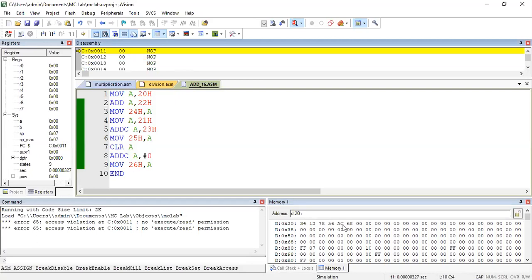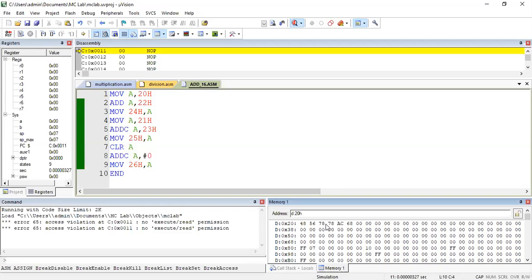Suppose we take some numbers which would generate a carry. Since the result is only 68AC, there is no carry. So if I take a larger number, 48, 78, and here it should be large. Now it would generate a carry, right? So what is the number here? 5648 plus the second number, 7878. The answer is CEC0.